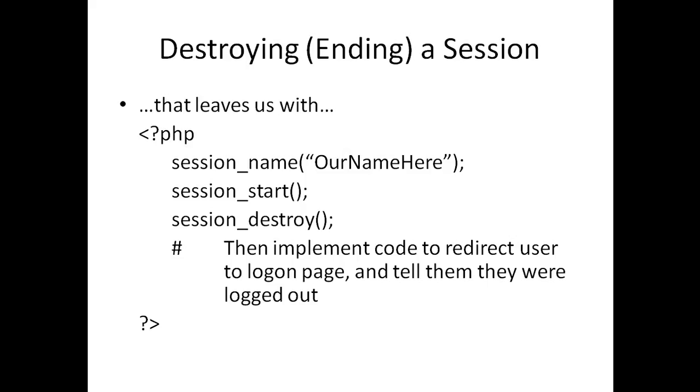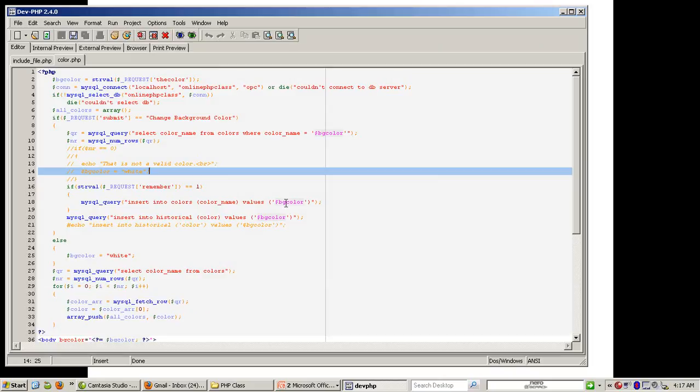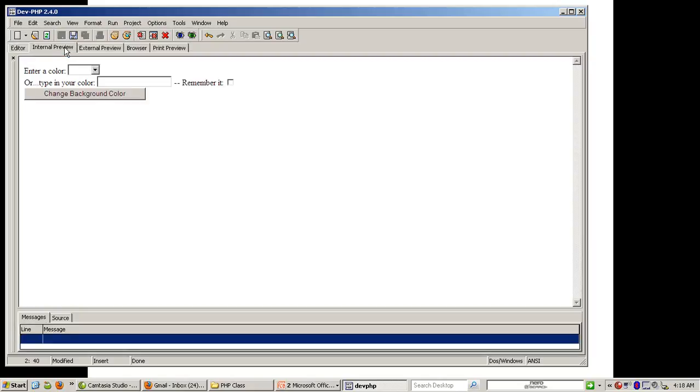Alright, so that leaves us with this. I could show you redirects real quick. Let's say at the top, I didn't want color PHP to do anything. I just wanted to redirect it. I just do header, location. This is how you actually set a header. Location, google.com. Okay. And then if I go there,